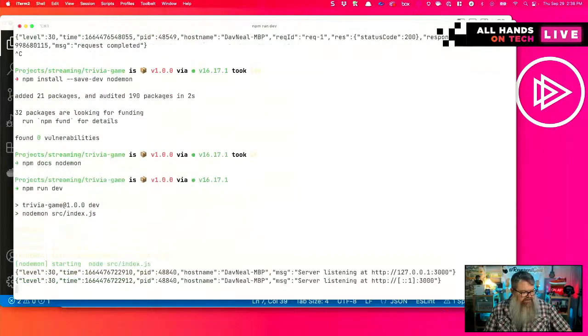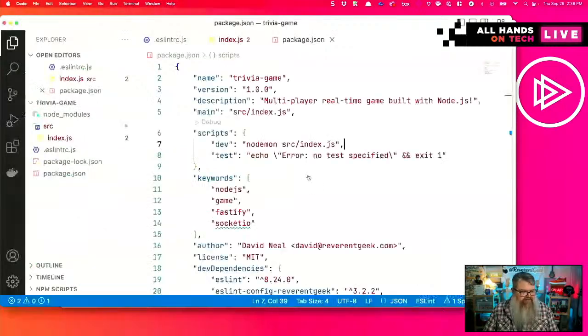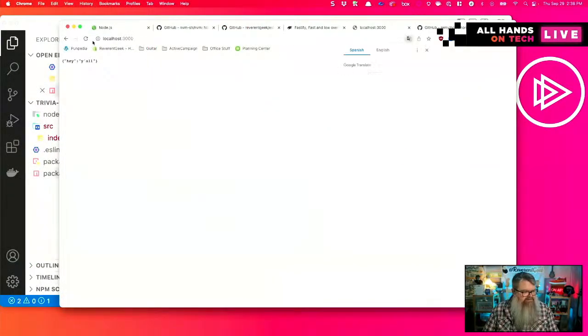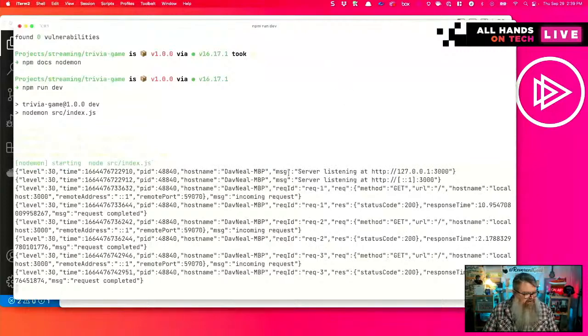So it launched our application as we would expect. It's now running. I can come over here to this page, refresh it. I don't know why it's wanting to translate it. And yeah, we see that it is requesting it every time.